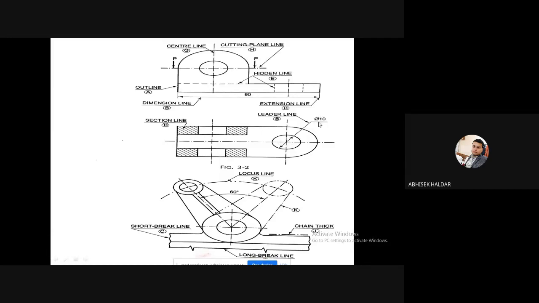Or you can show the dimension of this circle by the radius also. Then I will not draw this total line. I will draw from the center towards the end of the circle. Then I will extend similarly like this.